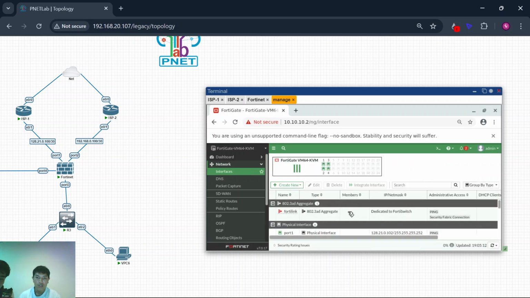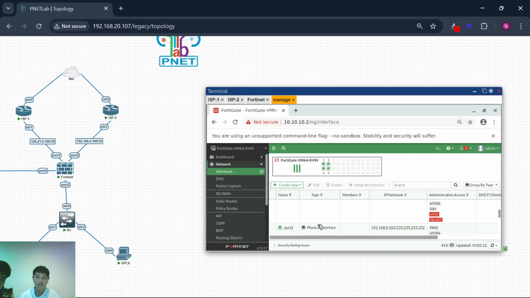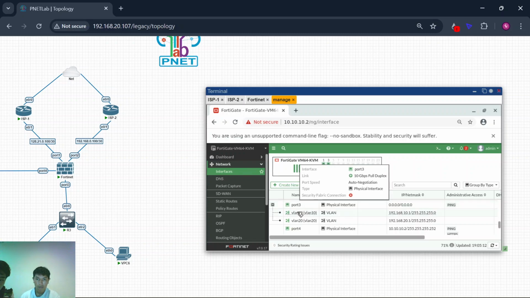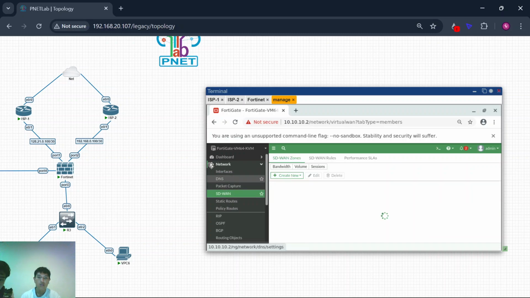Okay, after you configure the VLAN, you can click this plus. So inside port 3 there are two VLANs, VLAN 10 and VLAN 20, and then go to SD-WAN here.